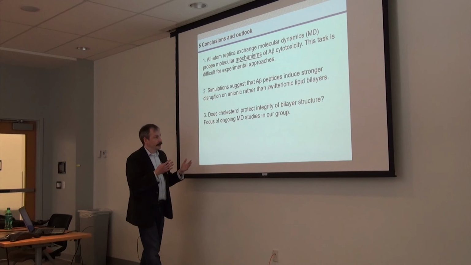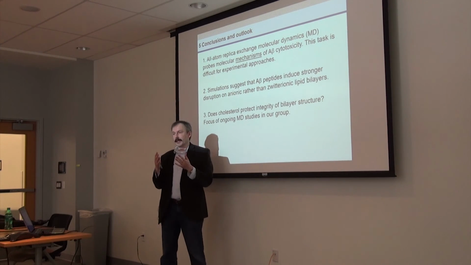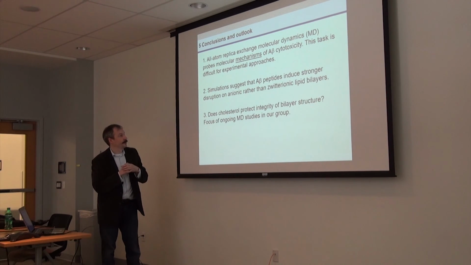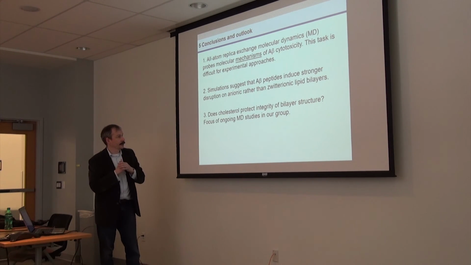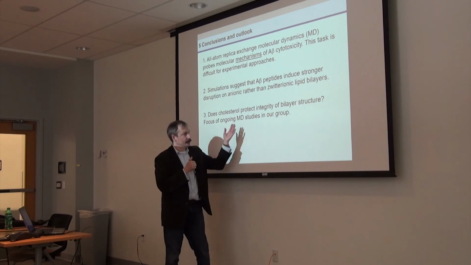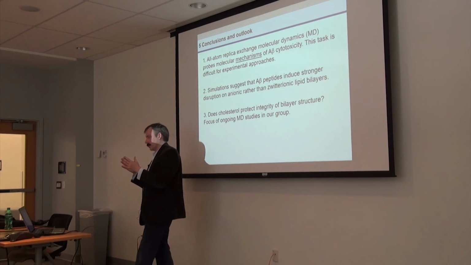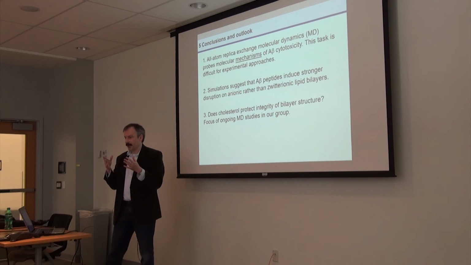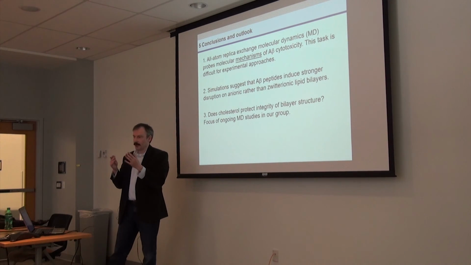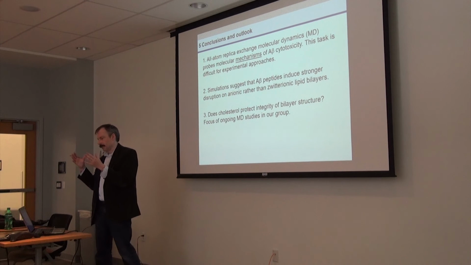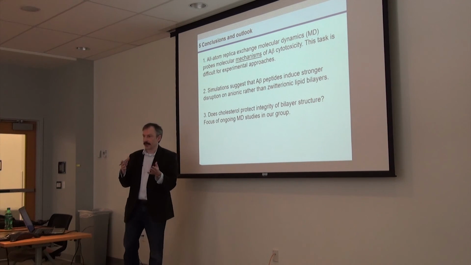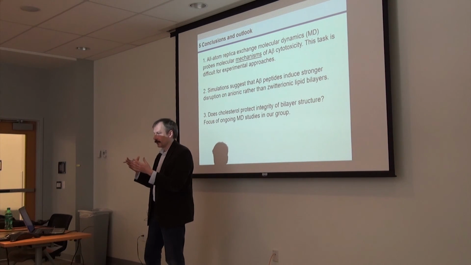Second, it looks like overall, all of this work suggests that the A beta peptides should probably be more disruptive and more cytotoxic against the anionic bilayers rather than the zwitterionic ones. And this is also the work on cholesterol which we do. We also, which is not mentioned here, are trying, as I mentioned, to reduce the degree of reductionism. That means, for example, that Jim in my group is working on the binding of A beta peptides to bilayers formed by two types of lipids, for example, anionic and zwitterionic. This is probably a more realistic combination